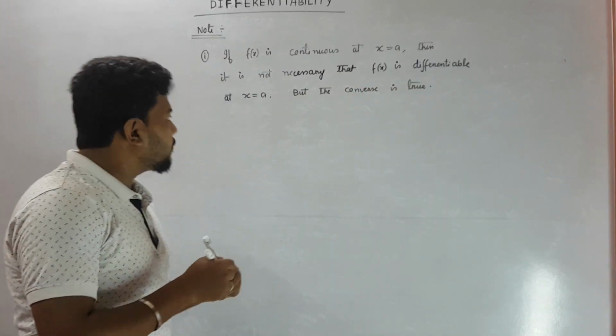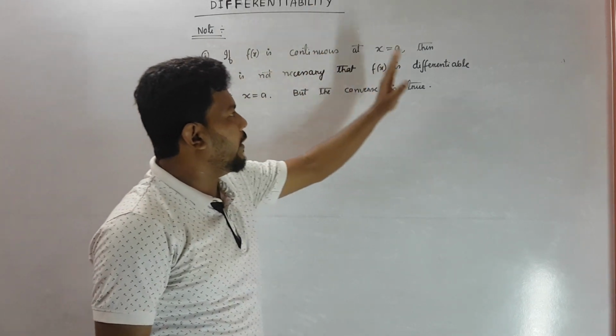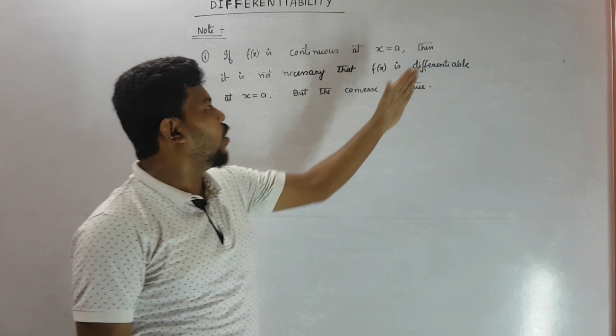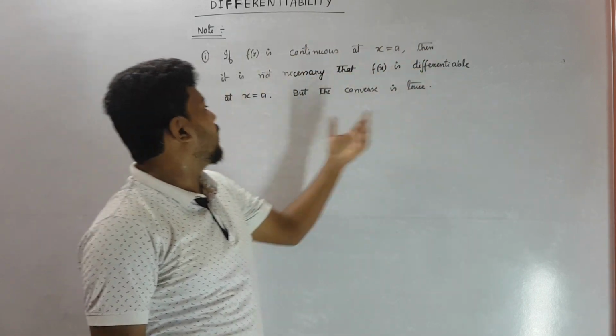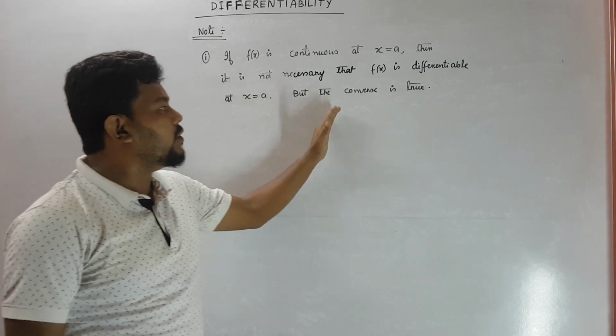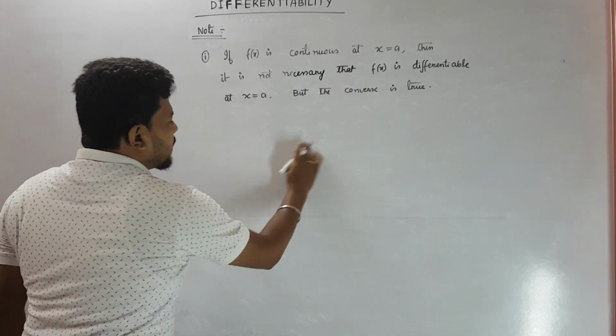I said if f(x) is continuous at a point x equal to a, then it is not necessary that f(x) is also differentiable at that point, but the converse is true, because for such cases